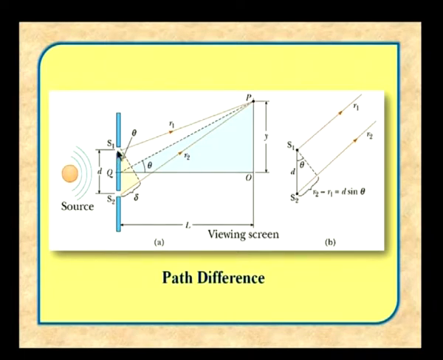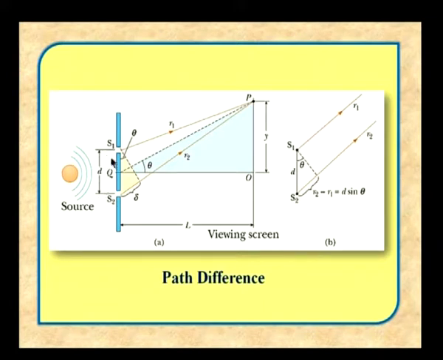Suppose you have a slit S1 here and slit S2; we have been discussing Young's double slit experiment. This source is capital S, and the light coming from this source is distributed. S1 will act as a source, S2 also will act as a source. These two sources are called coherent sources, because they come from the same parent source. From source S, light is passing through S1 and passing through S2. These two slits are separated by a distance d.